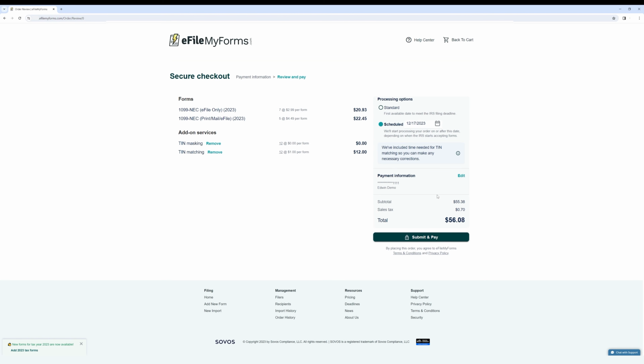You have two processing options. Standard, which is the first available date to meet the IRS filing deadlines. So what this means is it will go through the standard process, as our website will scan all accounts that have forms that are ready for checkout, and we'll go on the cycle of the frequency to send to the IRS. If you'd like to have a scheduled time for this to process, let's say you do want to have these sent a week before the filing deadline for those form records that you have for those filing dates,